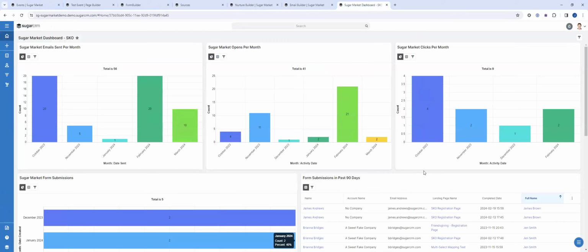So here's my CRM. So we're not in Sugar Market anymore. This is our demo CRM, Sugar Sell. So if you wanted to surface that data for everyone to see in CRM, you can actually build a dashboard based on that data. In order to actually push the data into CRM in the first place, though, you need to make sure that in your sync settings